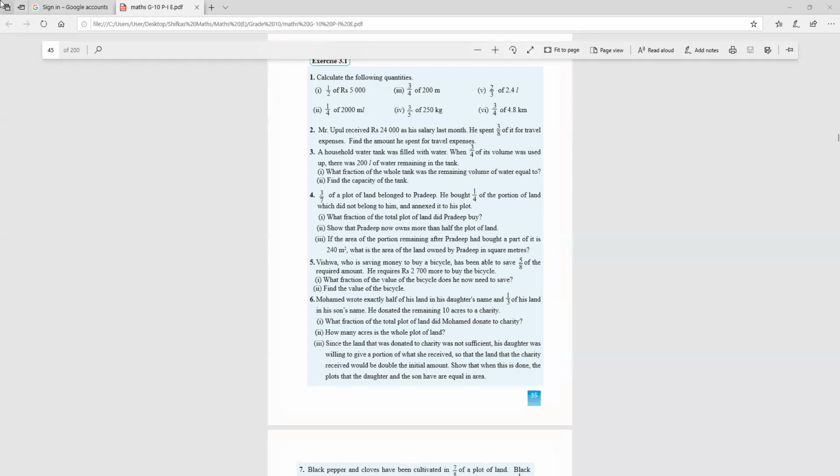The third time you read, you can't do the question. The number of times you are reading means you have to leave the questions without doing. The one and only time you have to read to answer these types of questions. Fraction word problem. Only for the fraction word problem, you have to read only one time. You will find the answers definitely. If you are following my method, you will find the answers definitely without any mistakes.